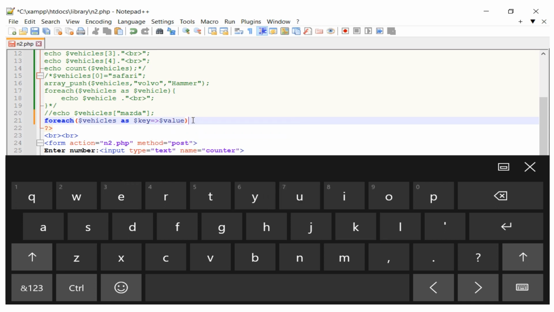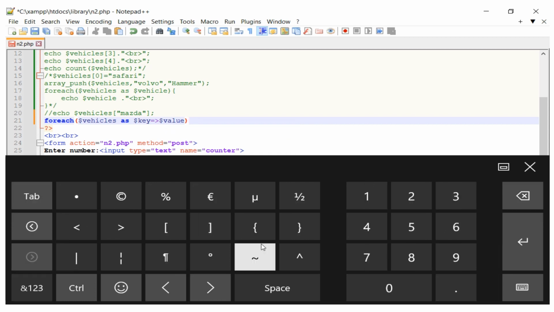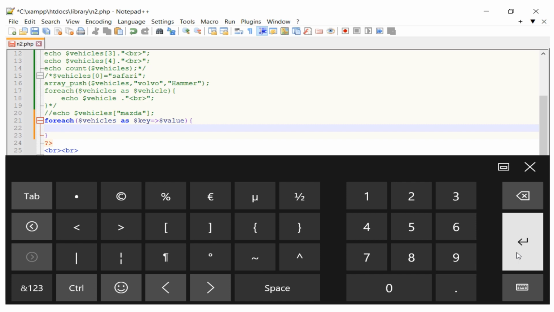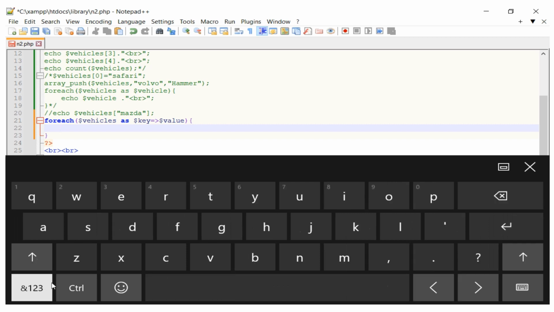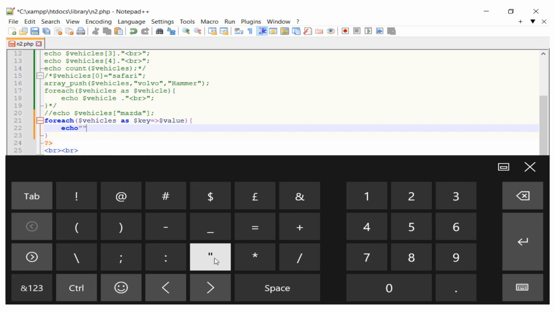And then now we can give what we need to be outputted or echoed out that way. And then here we want it to echo what? We want to echo maybe